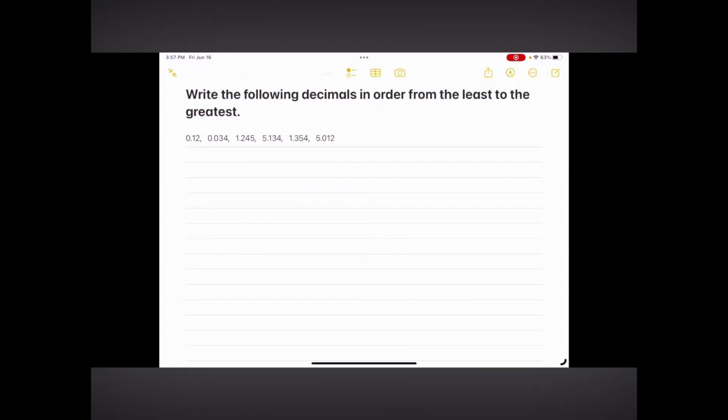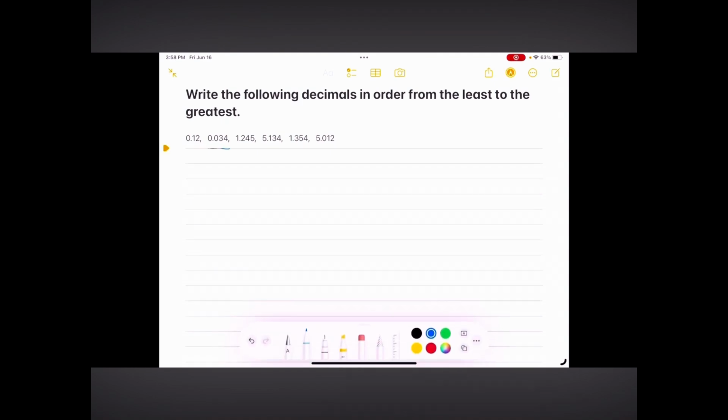Write the following decimals in order from the least to the greatest: 0.12, 0.034, 1.245, 5.134, 1.354, and 5.012. So first we write the smallest decimal,